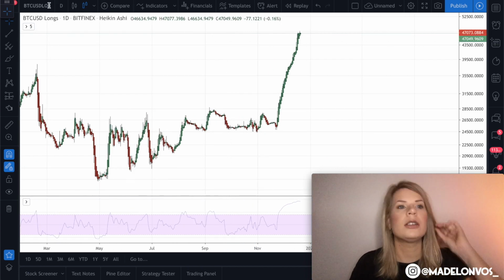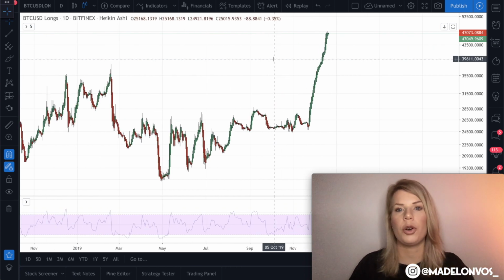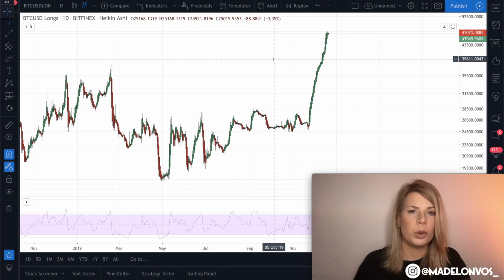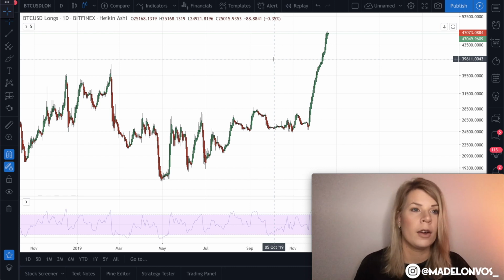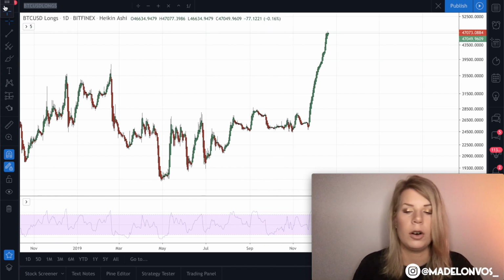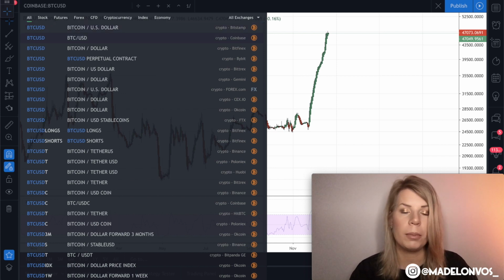But what's really interesting about this is when there are a lot of longs, the price needs to go up. And if the price doesn't go up, and the price goes down, the longs will get squeezed. So if they still want to make revenue, they have to switch their positions from longs to shorts. And if they switch their positions to shorts, the price will go down more. So that's called a long squeeze. You also have a short squeeze, then the price will go up immediately. But we haven't seen anything from this squeeze.